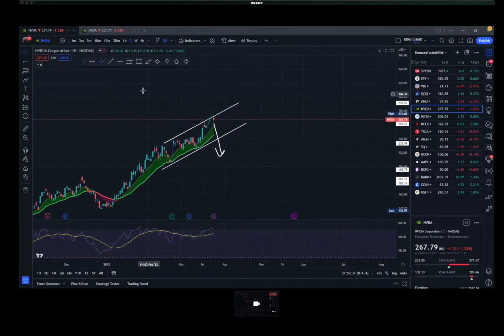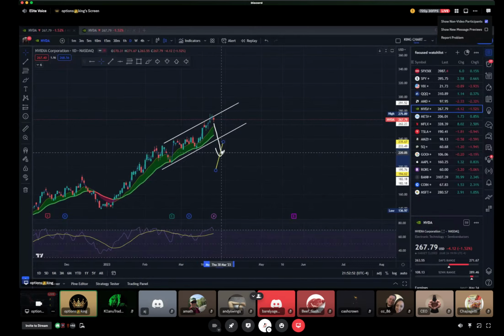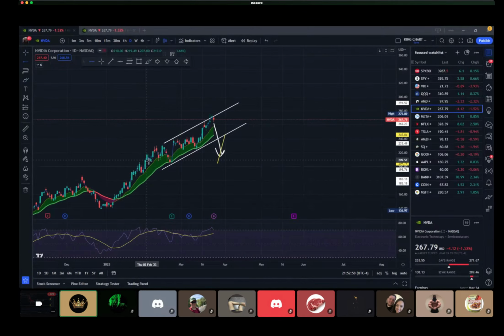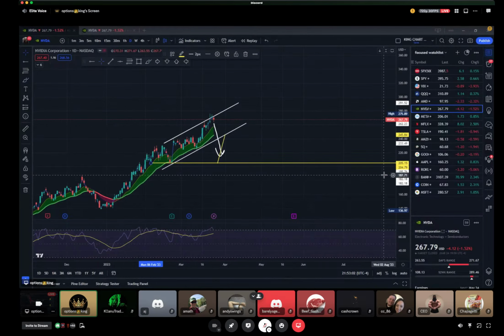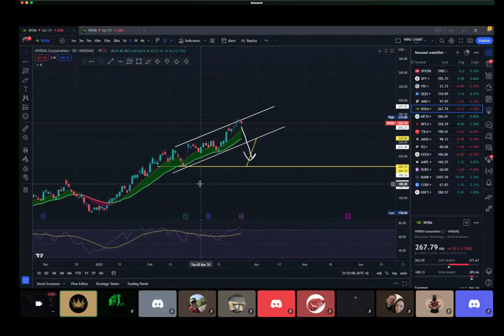And again, measure the move. In this case, where was the last touch at the bottom? Right there. Where was the last touch at the top? Right here. Wait for the breakout outside of the pattern. Say it happens over here, your measured move is going to be all the way to 205.15.